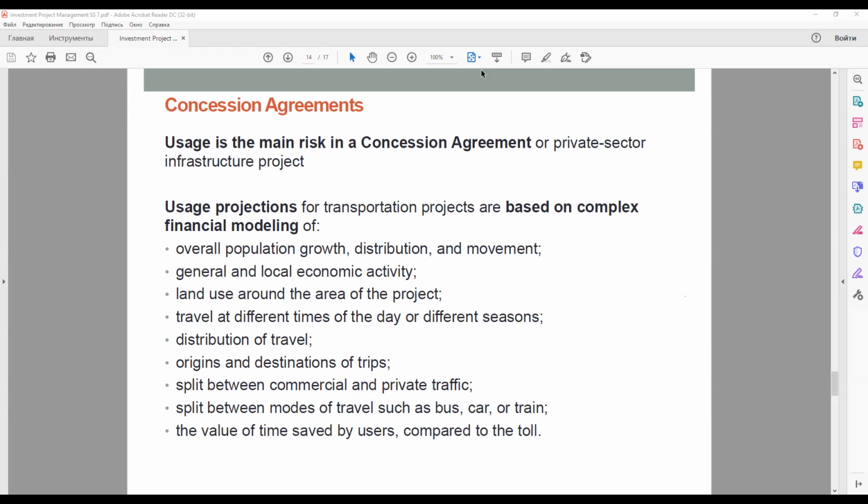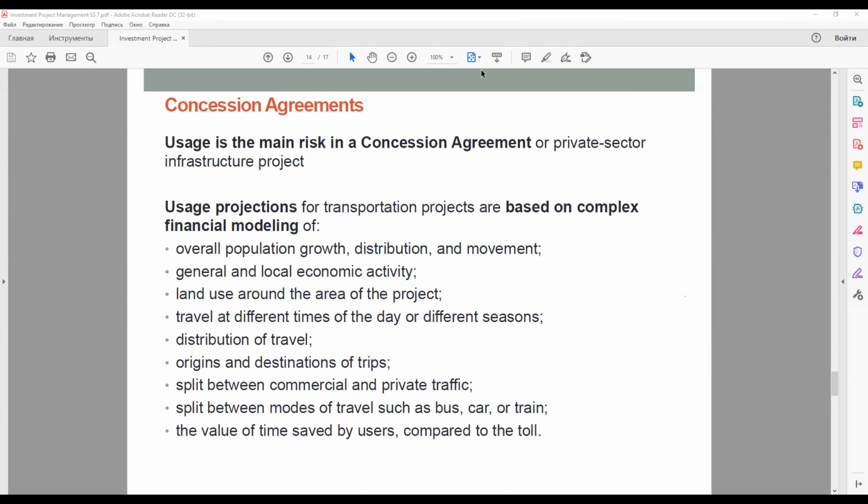Any project involving traffic risk also has to take into account the effect of government policies on usage. These policies may be local to the project or national, but affect the project. For example, an increase in fuel prices that reduces road traffic volume in general. But it's not the case really here in Russia. Lenders often require some protection against some risks of this type to be built into the concession agreement.